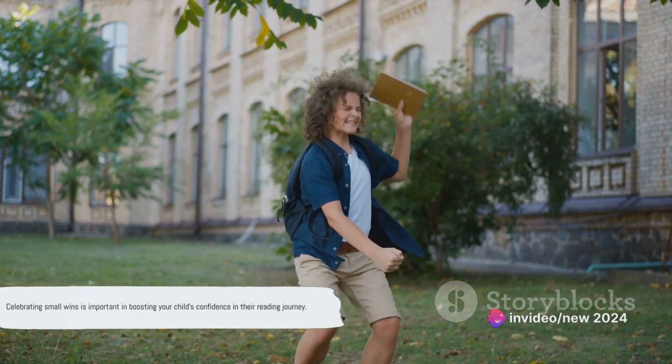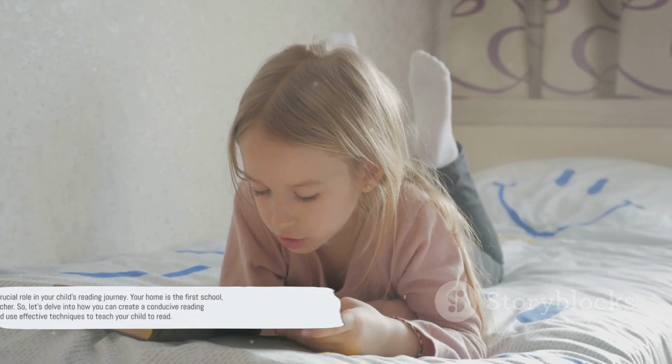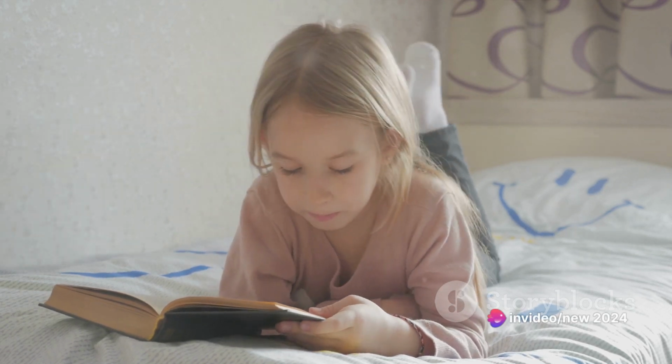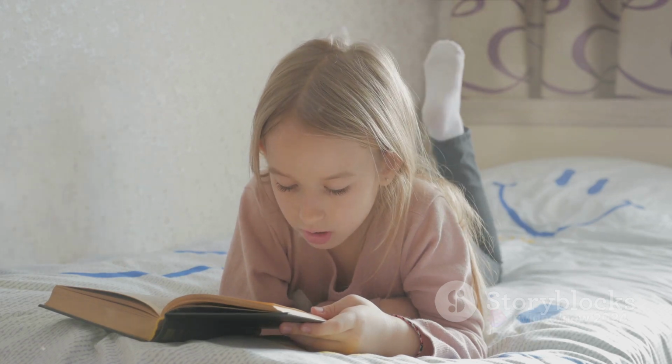Celebrating small wins is important in boosting your child's confidence in their reading journey. As a parent, you play a crucial role in your child's reading journey. Your home is the first school, and you are the first teacher. So let's delve into how you can create a conducive reading environment at home and use effective techniques to teach